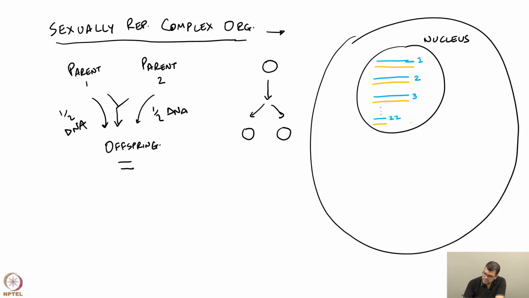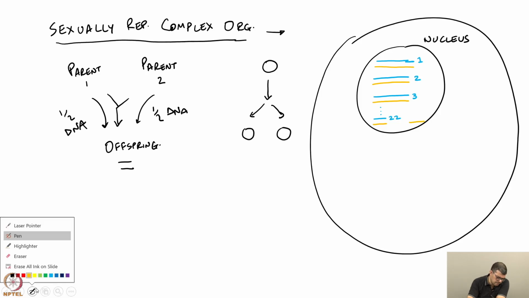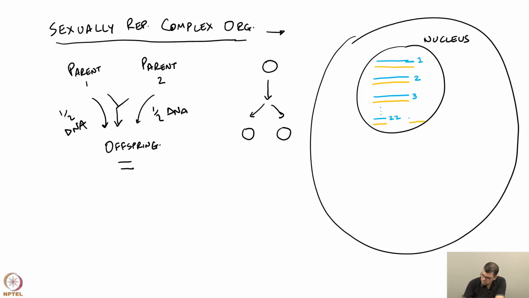In addition, the 23rd chromosome is what determines the sex of the individual, and in my case, since I am a male, I inherited the X chromosome from my mother and the Y chromosome from my father. Y is much smaller than X, and this forms the 23rd pair of the chromosome. So, human DNA is organized in these 23 pairs of different threads. Each one is a double helical DNA structure, and this inheritance is biparental, because the blue colored DNA is something that I have inherited from my father, and the other color is from my mother.